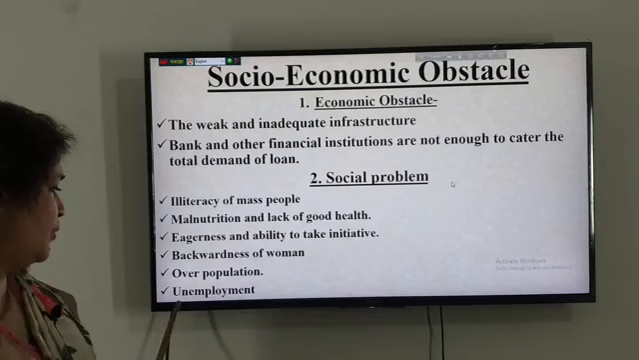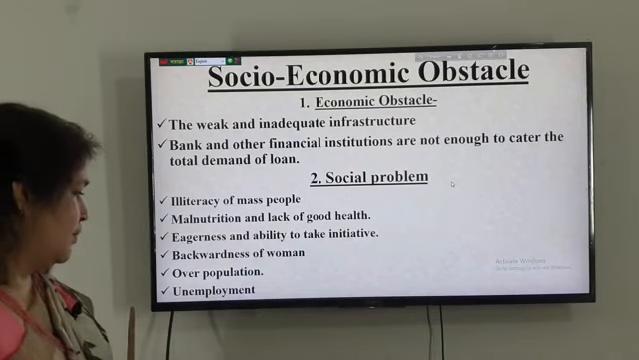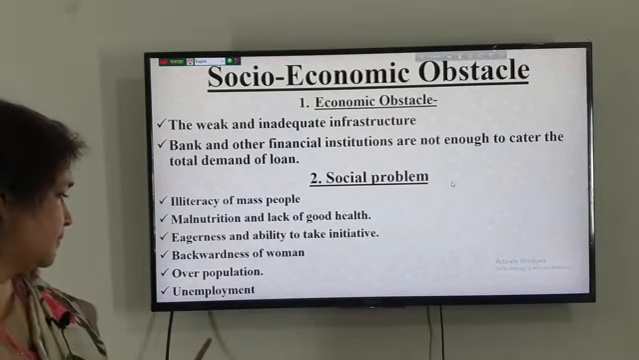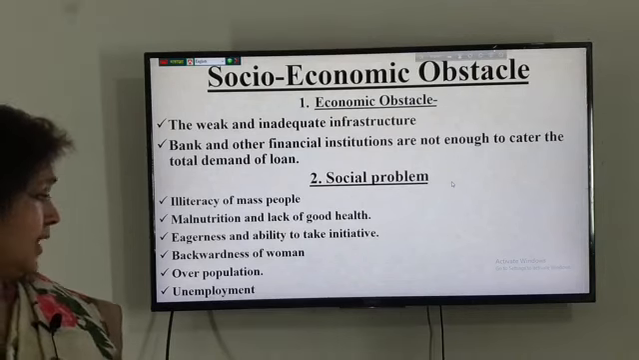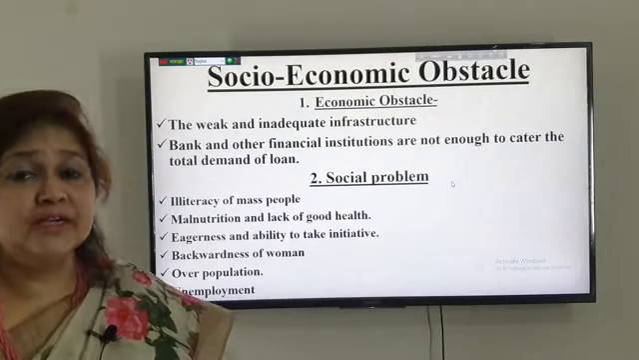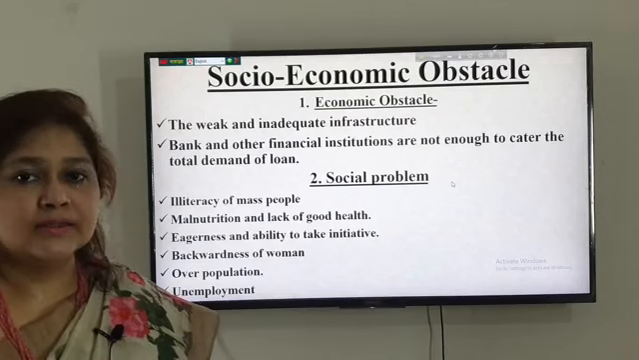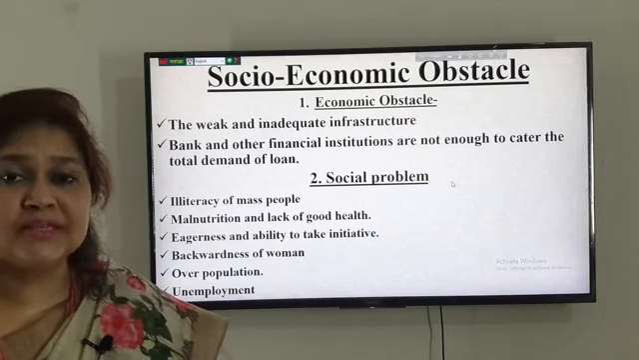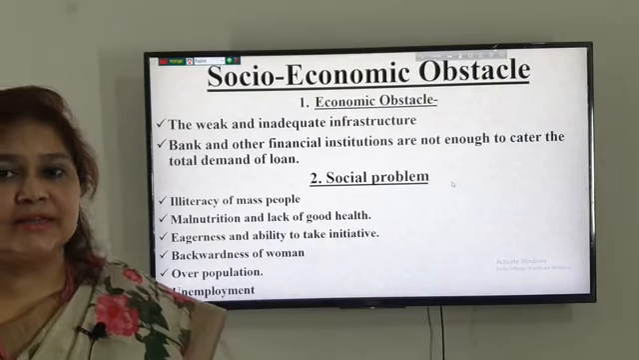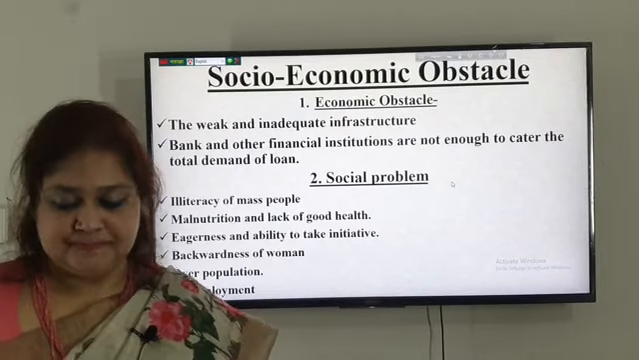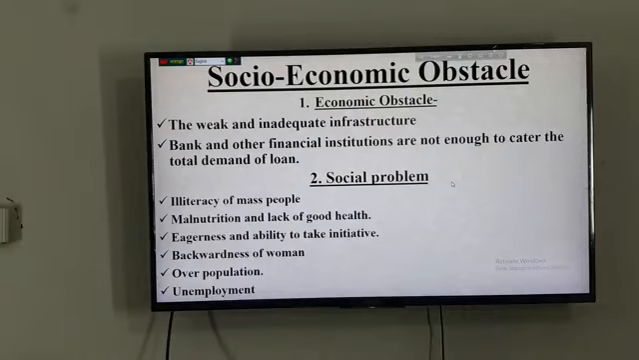Okay. Unemployment is also one of the major problems, and unemployment gives birth to various social problems. I mean, those who are young, especially, involve themselves in different criminal activities. Okay. Now,